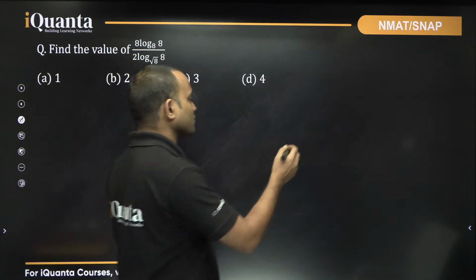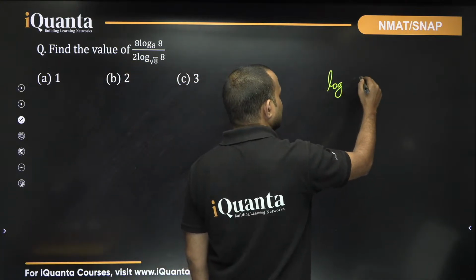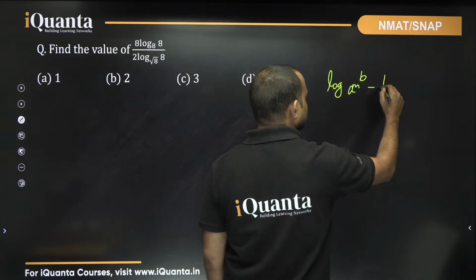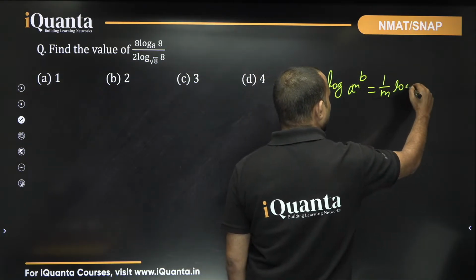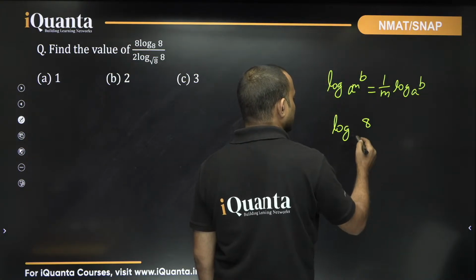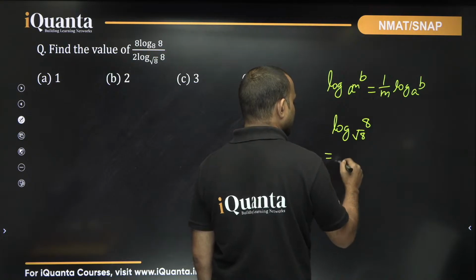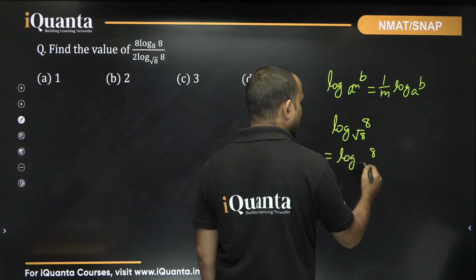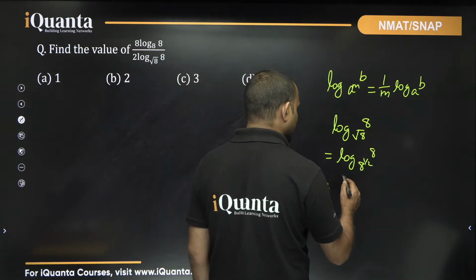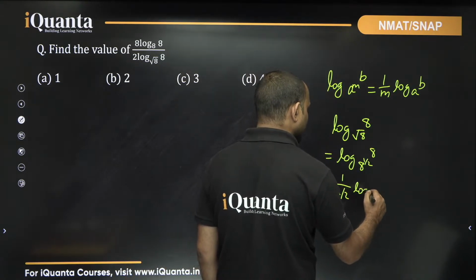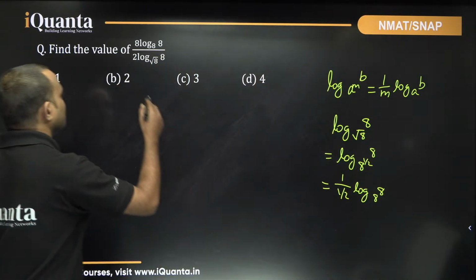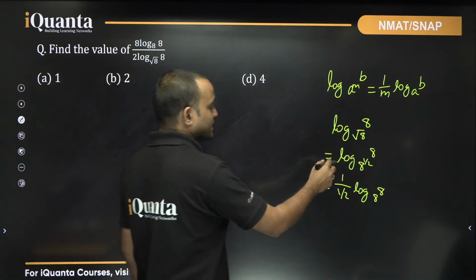So, what do we know? Once again, I am going to repeat this: log b to the base a to the power m is 1 by m log b base a. So if you are talking about log 8 to the base square root of 8, we can write log 8, and square root of 8 is nothing but 8 to the power 1 by 2. So this will be equal to 1 upon 1 by 2 log 8 to the base 8, right? So this we can write as 2